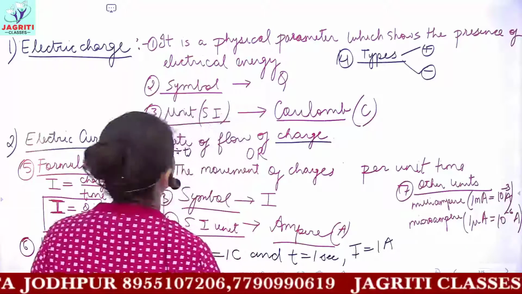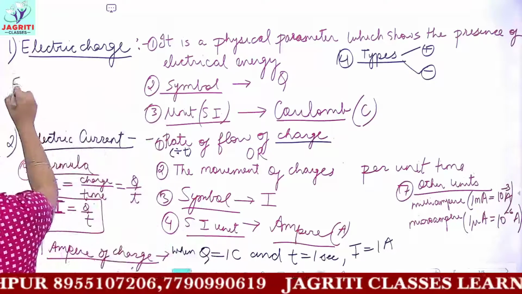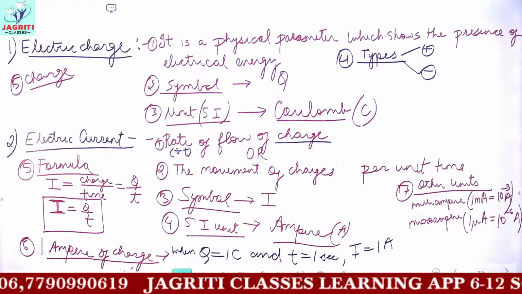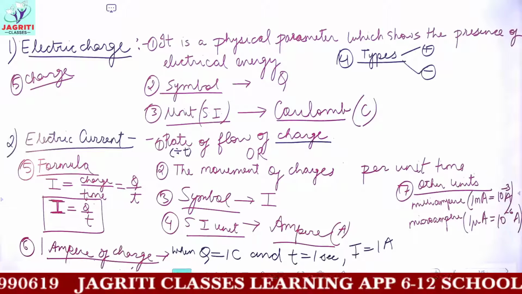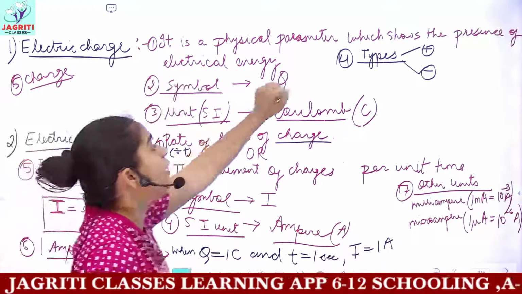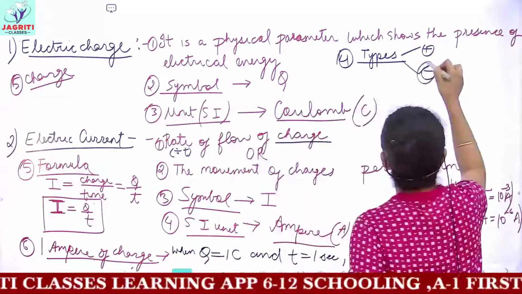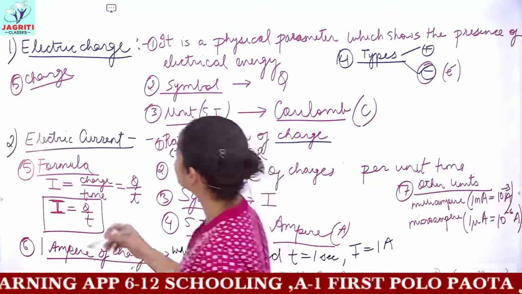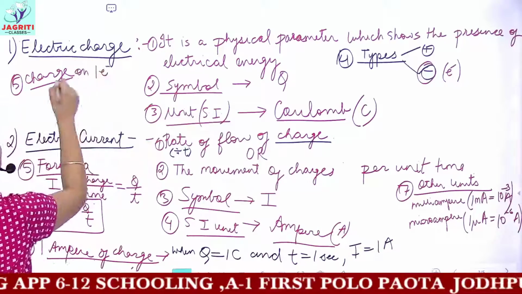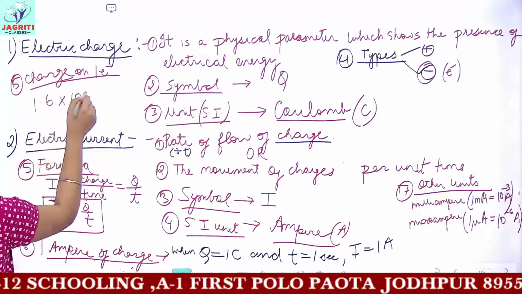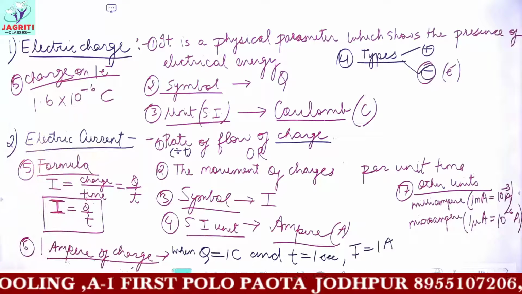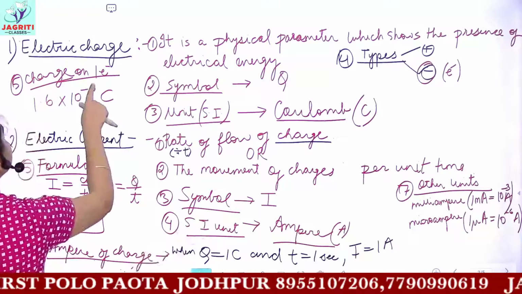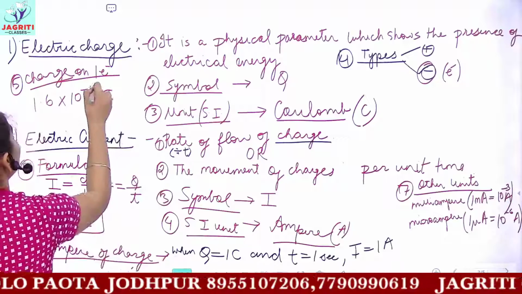And then you can remember that the charge on one electron, the 5th point, because in this we are dealing with electric charges or electric circuit, and here we are telling that the charges would flow, and here we will be talking about the flow of negative charges, that is flow of electrons. Okay, so the charge on one electron is equal to 1.6 into 10 raised to the power minus 6 coulomb. So you have to remember this charge, okay, sorry, not minus 6 here. It is 10 raised to the power minus 19.